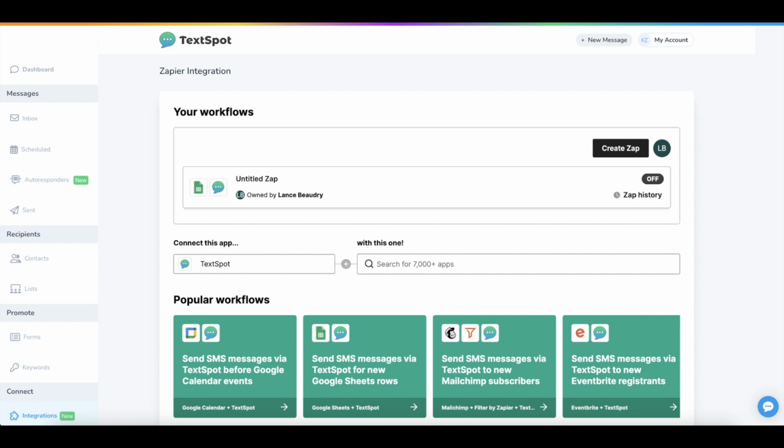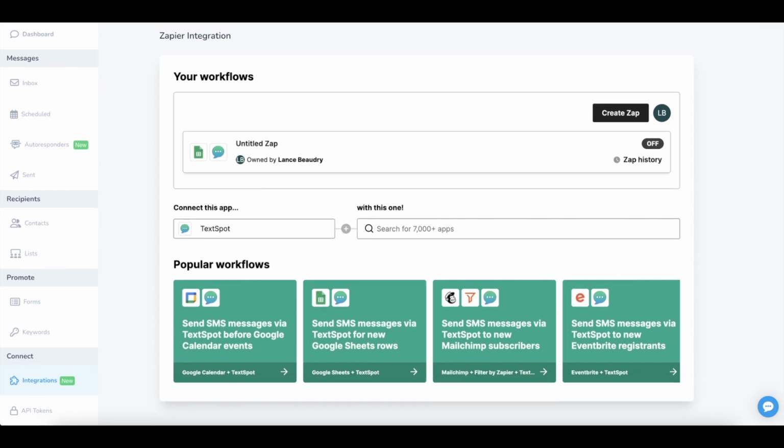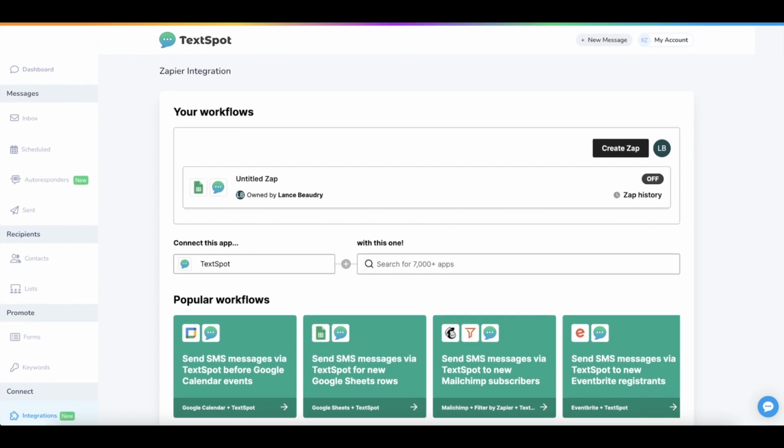Here's a quick tutorial on getting started with integrations via our Zapier integration. So after you have navigated to integrations, you'll see this experience here from Zapier, and you'll be able to sign in or sign up for a free Zapier account. There are going to be limitations with the free, but you're going to be able to do a lot of